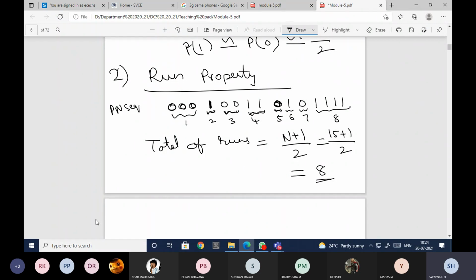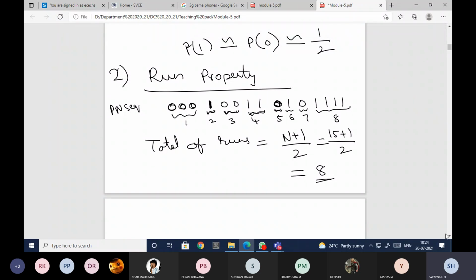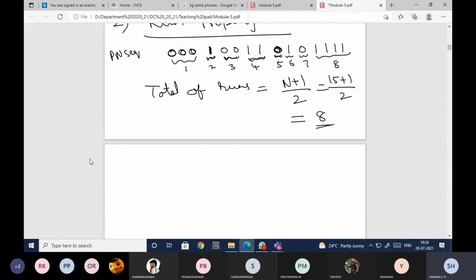And specifically, if you want to find out the length of the run, I'll give you the definition here.